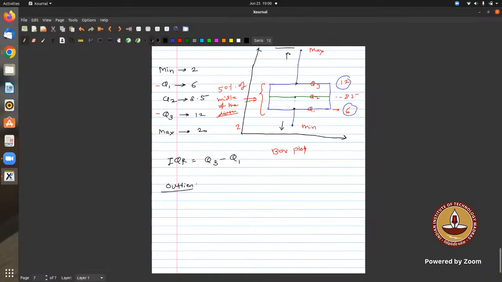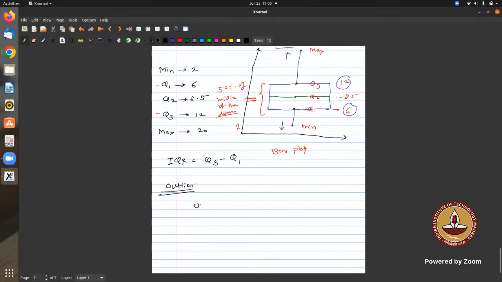So outliers can be above or below, or I can say there is a lower limit. So there is some lower limit to find out the outliers, and there is some upper limit to find out the outliers. So there are two formulas to find them. First formula is